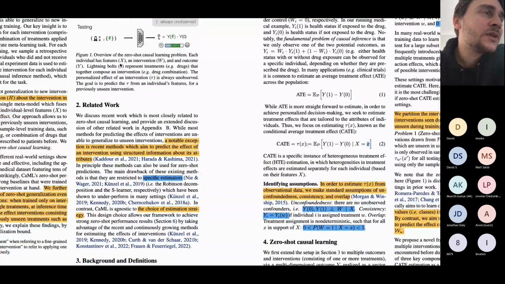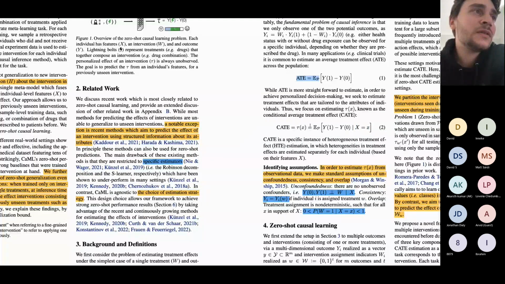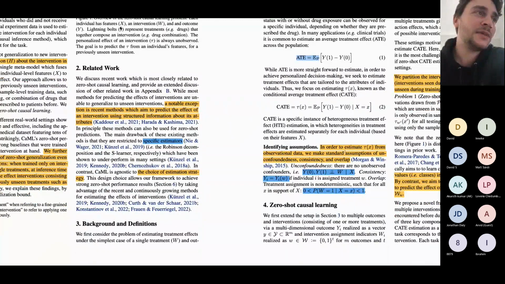And that average treatment effect estimate is tau of x. And that's what this problem is about. And that's why it can be applied at the individual level, because it's conditioned on the description of the individual versus averaging over the entire population. And they make some, this is the next set of fundamental